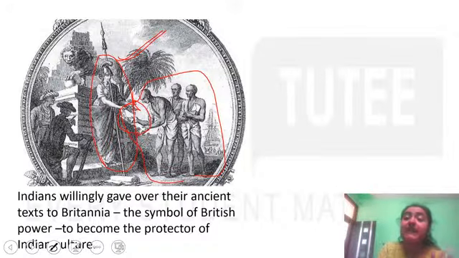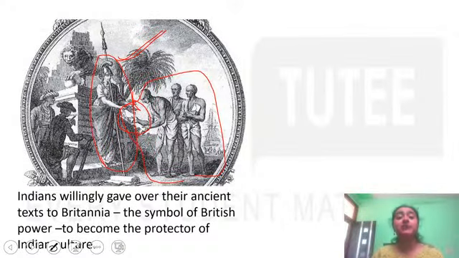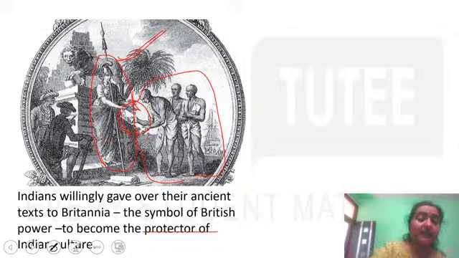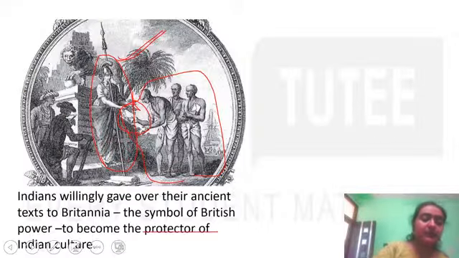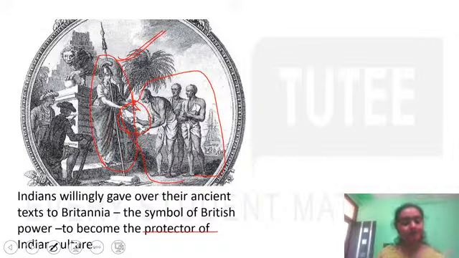सो इस पिक्चर में क्या डिपिक्ट किया गया है कि ब्राह्मण्स जो हैं वो अपने एंशियंट टेक्स्ट, अपने शास्त्रार्थ, ब्रिटानिया के हाथ में थमा रहे हैं. क्यों? ताकि वो उनकी प्रोटेक्टर बन जाए, इंडियन कल्चर की प्रोटेक्टर बन जाए. ओके स्टूडेंट, सो इस तरह से हमें पता लगता है कि ब्रिटिशर्स जो हैं वो सोचते थे